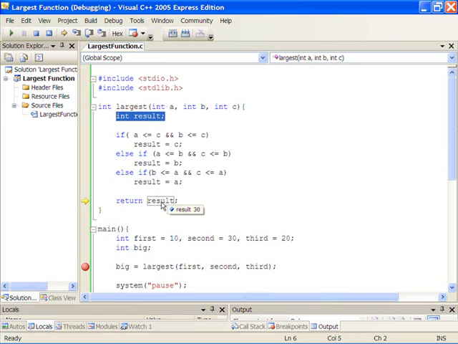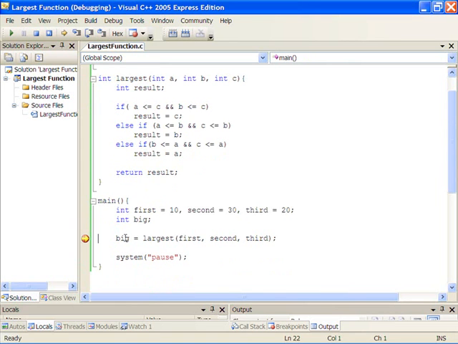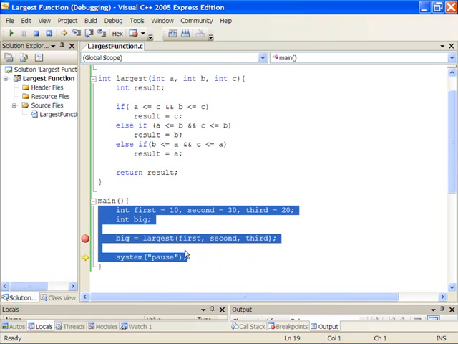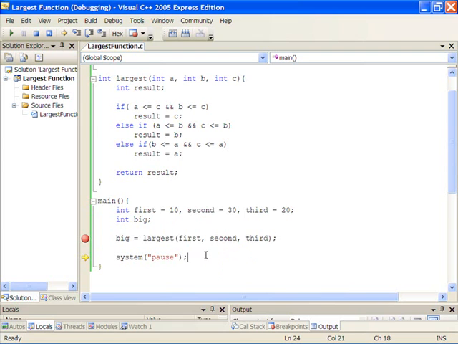Okay, let's go back now and say when we execute this return statement, we're going back to the caller and we're going to finish executing that statement, and the variable big now has 30. So when we passed in 10, 30, and 20, we got back 30 as the biggest one. So you can see now that the main function logic is really very simple. We have only this one line of code, but you can still read it. You can tell what it's going to do. It says, give me the largest of these 3